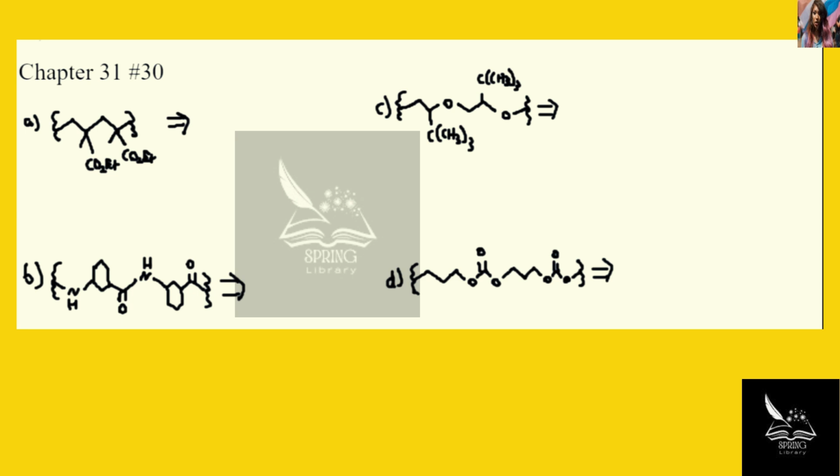And so for A, we need to look at the side chains that are present. So it's these groups where it's a methyl and a CO2 ethyl coming from the same carbons. And so we can safely say that those are the subunits, and so we can break the bond between the subunits, and when we do that,